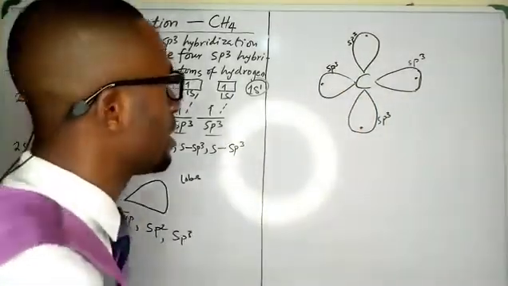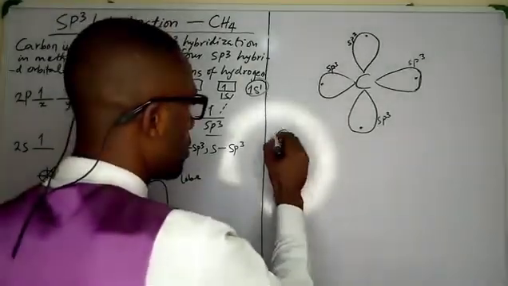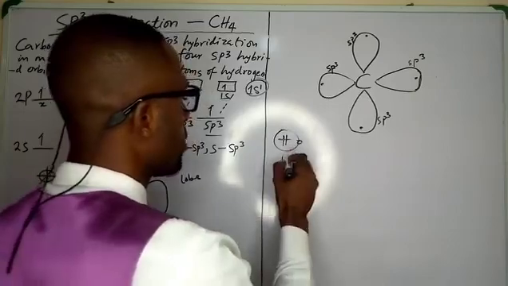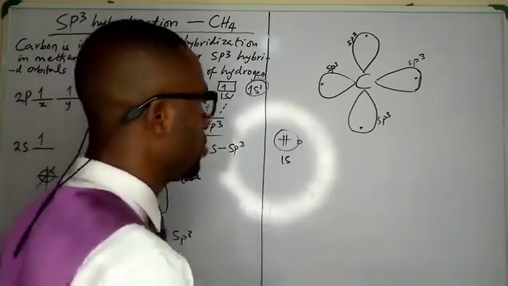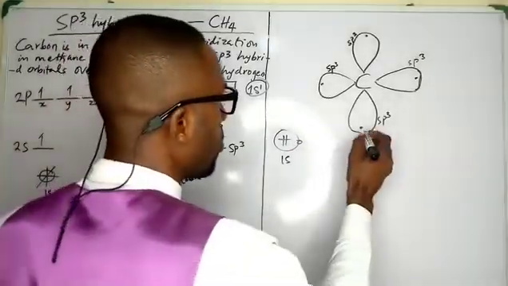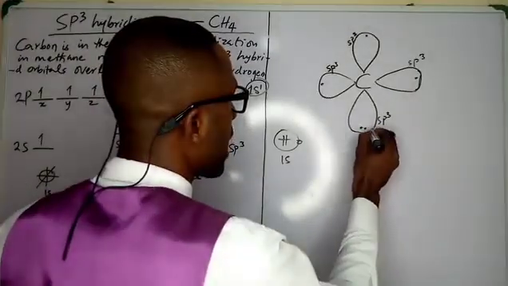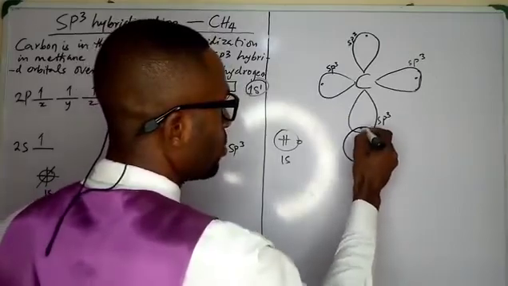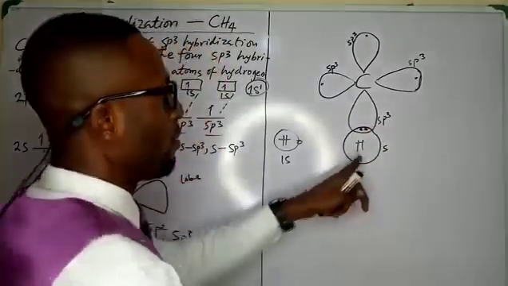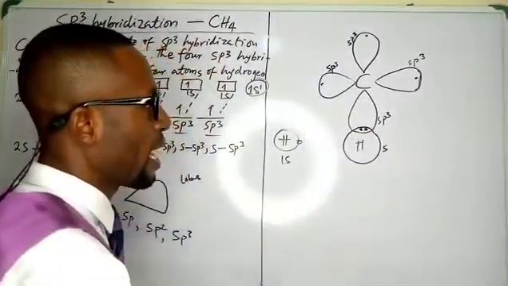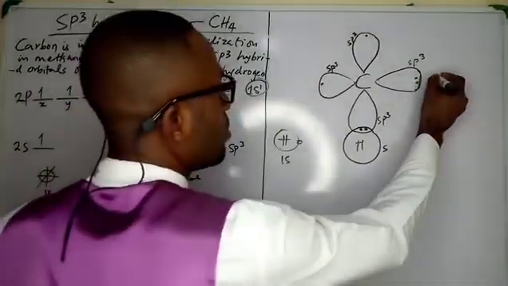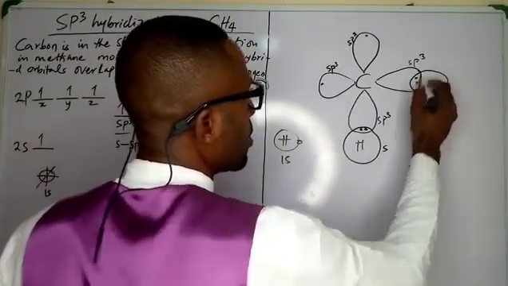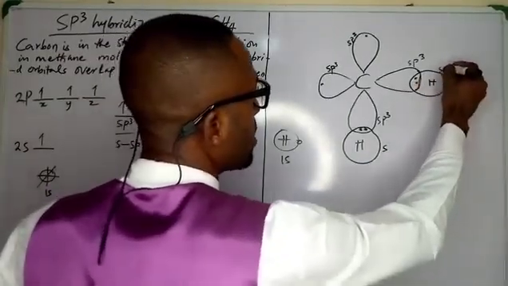Next, hydrogen has only 1 electron in the valence shell, and this is a 1s orbital, which is spherical in shape. So 1 hydrogen atom can overlap. This is an s orbital carrying 1 electron. When they overlap, you now have the 2 electrons there. Now another hydrogen can come here and overlap. This is hydrogen, it has 1 electron. Remember, this is an s orbital.